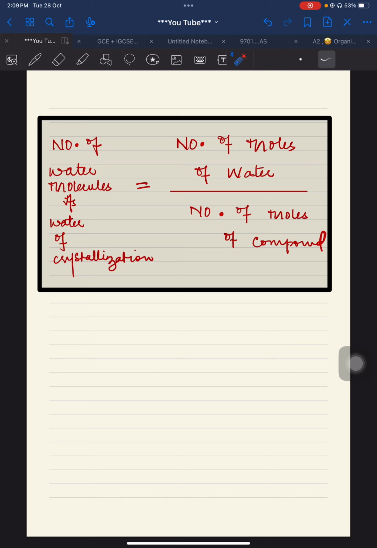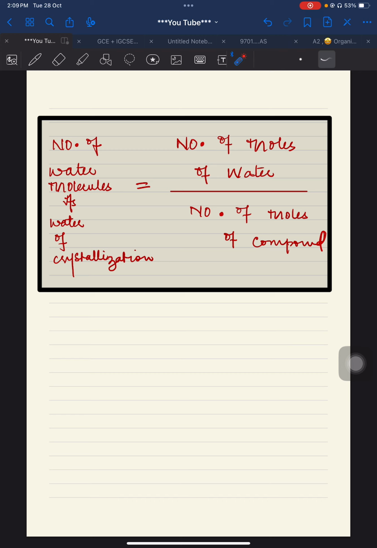I have told you these two colors when I taught you the chapter of acids, bases and salts, and when I was telling you about the identification of gases in the earlier videos. Over there I told you the identification of water as well. You can search for the identification of water on YouTube, and that will give you that video as well. Now I'm telling you that there are two types of test for identification of water.